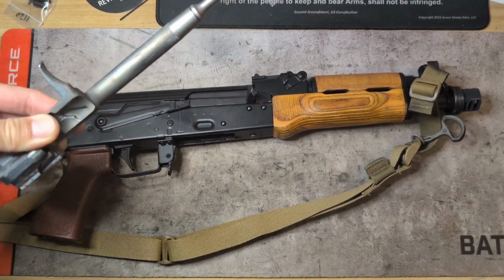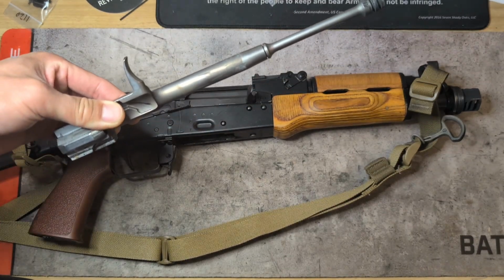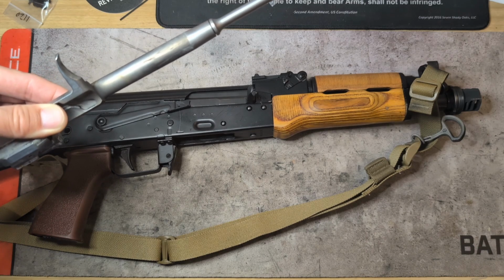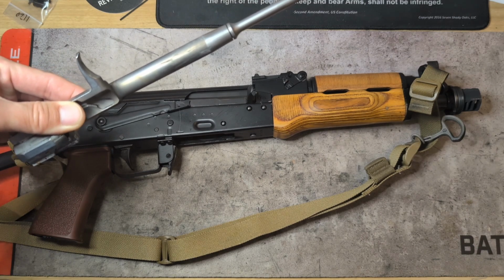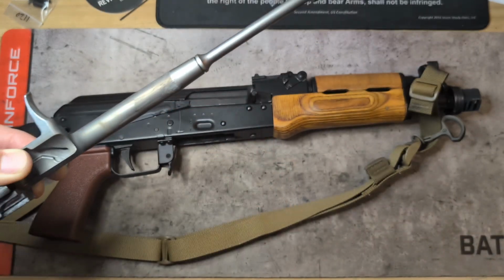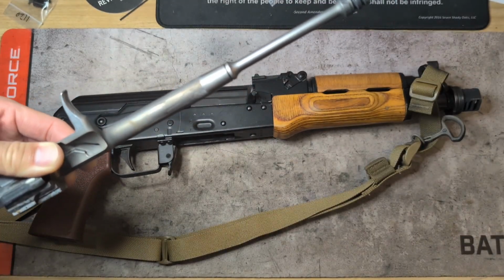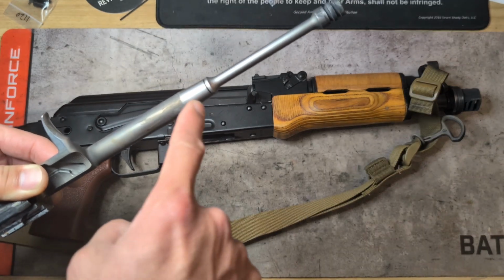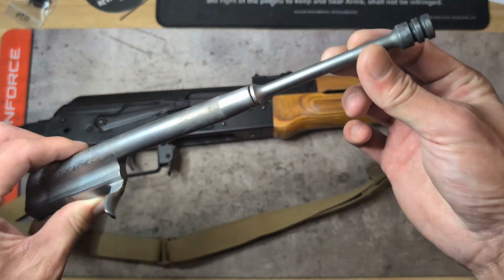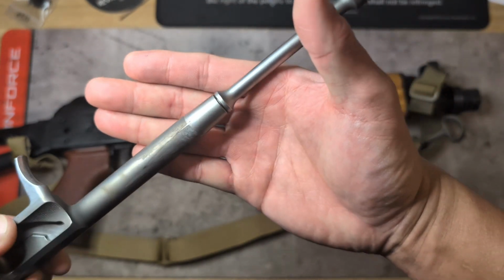Also was going to be another opportunity where I was going to be able to run an OEM piston side by side next to a KNS piston. Now, even with the piston adjusted so that it's fully closed off, I thought it'd be pretty cool. And then one of the other side benefits of it is, depending on the AK you get and the manufacturer, depends on how easy or not it is to find the rivet retaining pin or the retaining rivet for your carrier. Now, as you can see here, which if I can get the camera to focus,